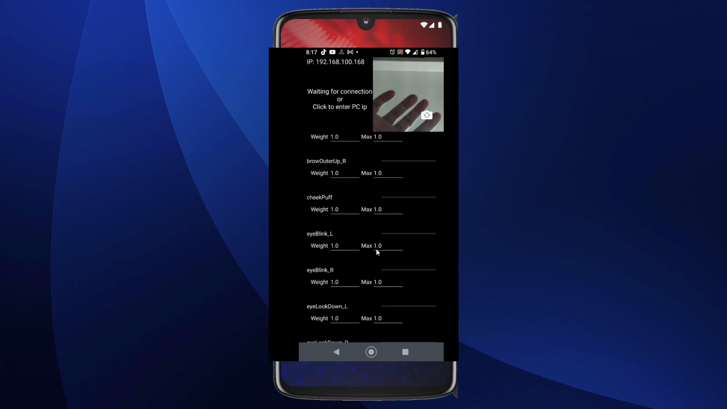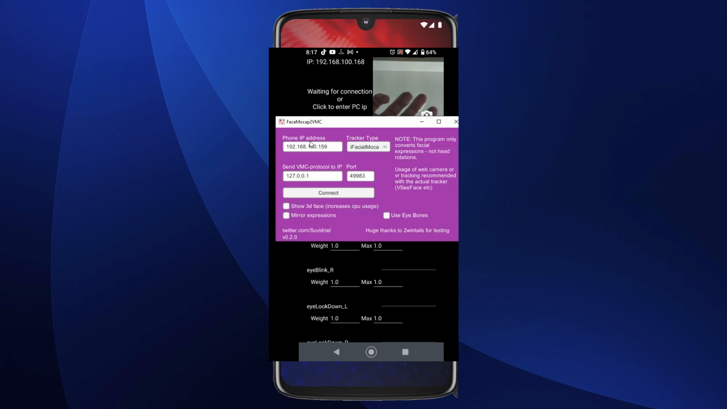But right now this will not indicate anything, just as a sound wave is being read by an equalizer, and it will not mean anything unless you listen to the actual music. So how do we do that? We need to see what is going on with the FaceMocap to VMC application. And in my case, I can see that my address is this one right here, so I'm going to be typing just that,